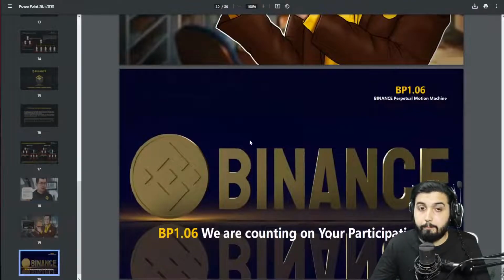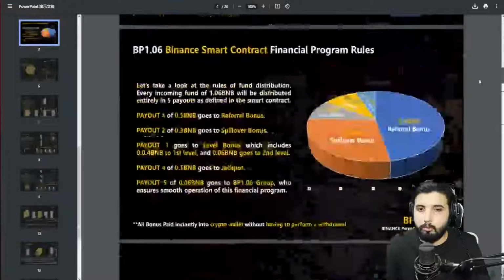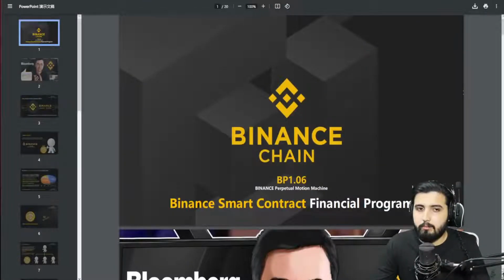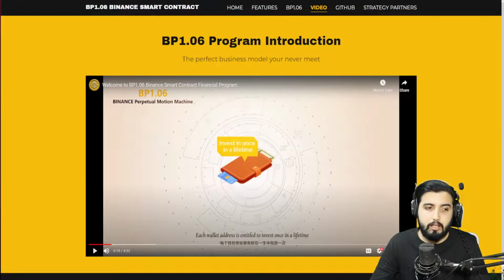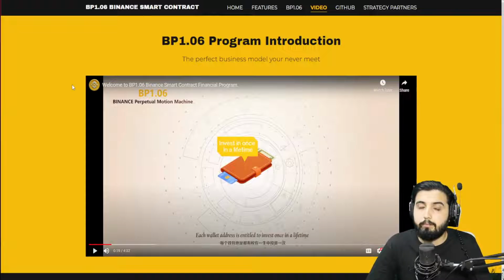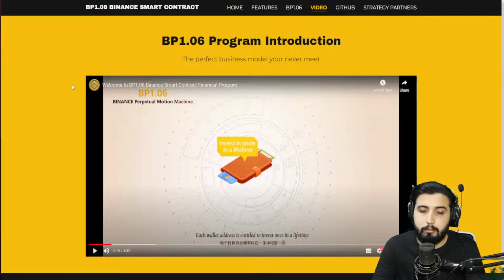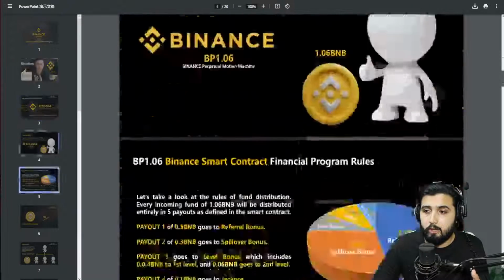Moving forth, this is the end of the whole PowerPoint, which you can see was slightly complicated, not gonna lie. It was slightly complicated because the structures are complex in this one, but they are important. So if we summarize the whole thing, there are 3 bonuses: the referral bonus, the spillover bonus, and the level bonus. Then we have the jackpot, and there's one other distribution for the operations. And moreover, we have 2 different, I would say, policies or schemes or mechanisms, which include the interoperable swapping scheme,